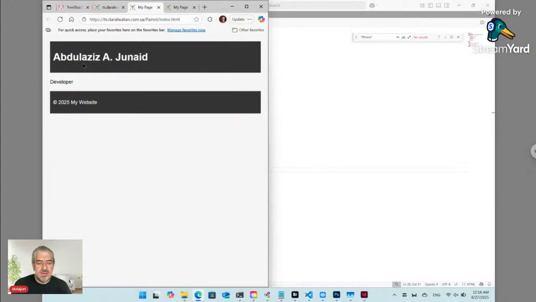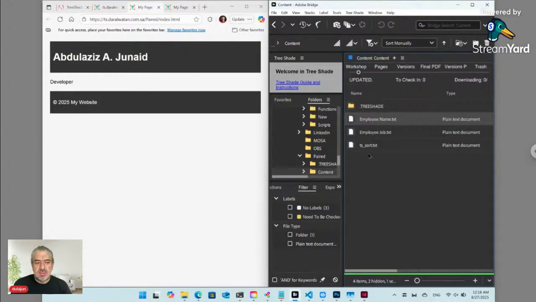Now you have the heading and the paragraph related to the text files as content. What we want to talk about in this session is making the paired folder as rendering for the element. Like here, instead of plain text, employee name,